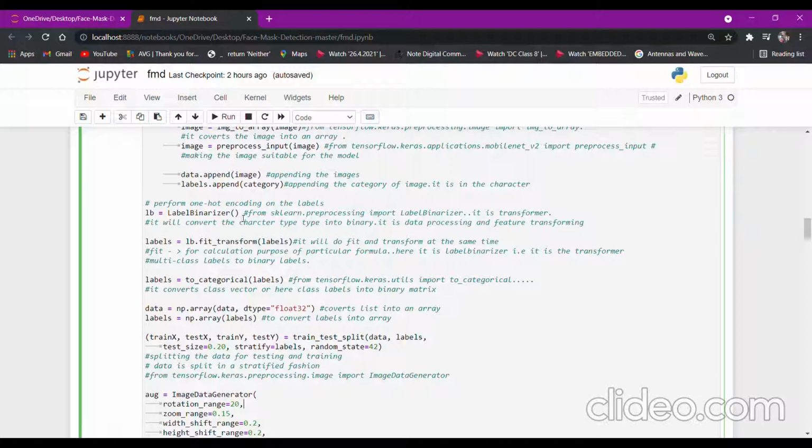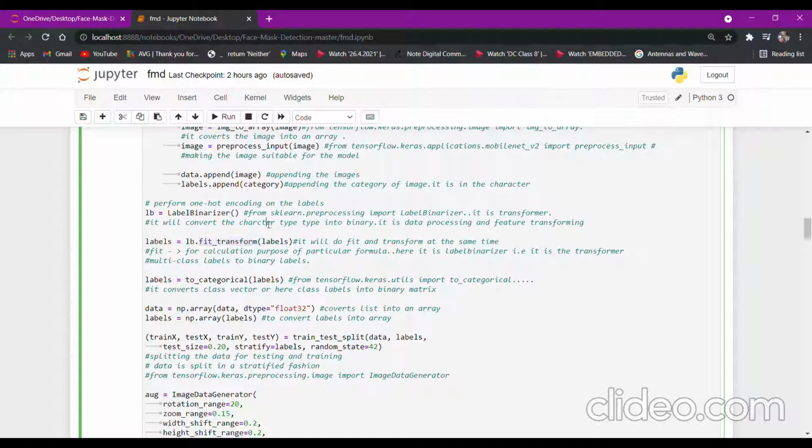So we are making use of a label binarizer. We are calling it LB. Basically it is nothing but a transformer, which performs data processing and feature transforming. We have three functions when we are talking about a transformer: the fit function, the transform function, and the fit transform function.